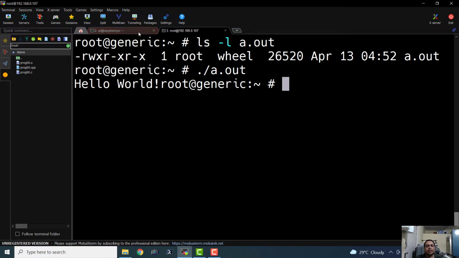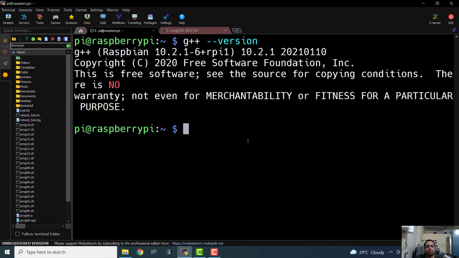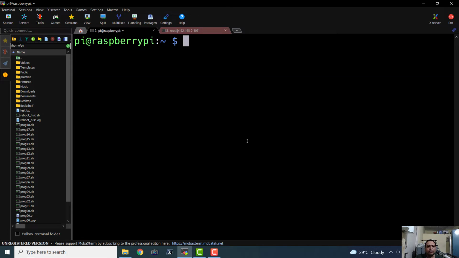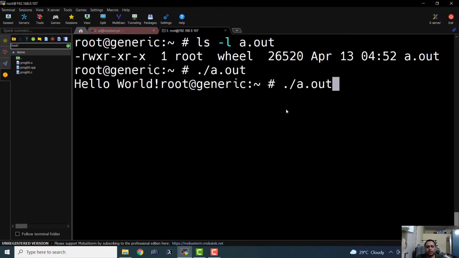Similarly, we can compile the same program on a Raspberry Pi system with the compiler G++. And that is also quite easy.